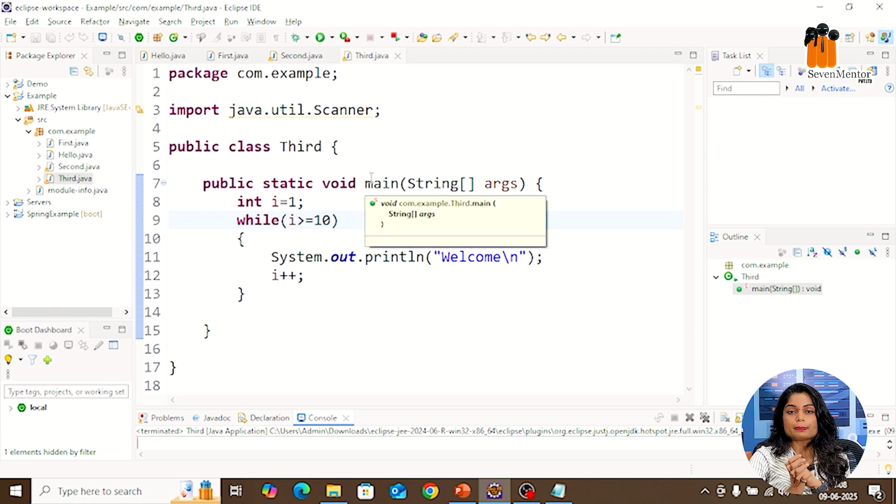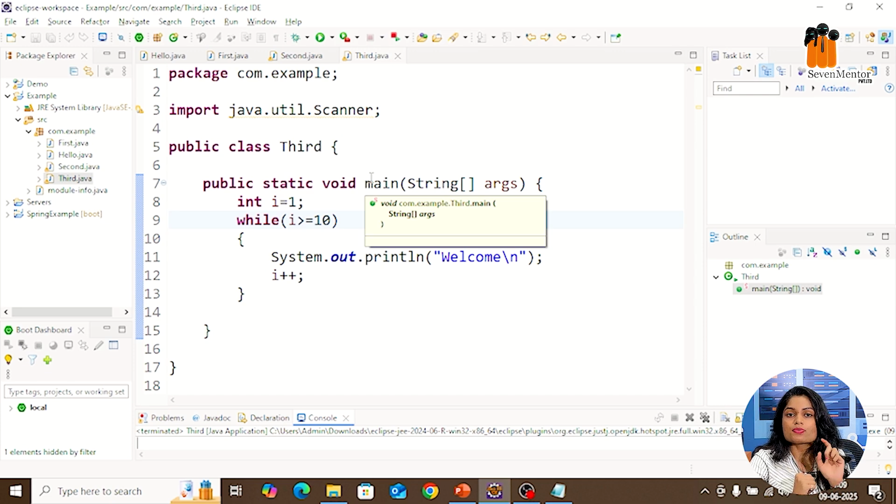Array means what? Simply, an array is a collection of similar types of data. What is meant by a collection of similar types of data? Simply, I want to display the numbers from 1 to 50. So every number will be an integer only. Now, I want to display the numbers from 1 to 50 again, but the numbers should be doubles. So every number will be only a double. So each element, each number will be of the same data type, that is called an array. So simply, an array is a collection of similar types of data.